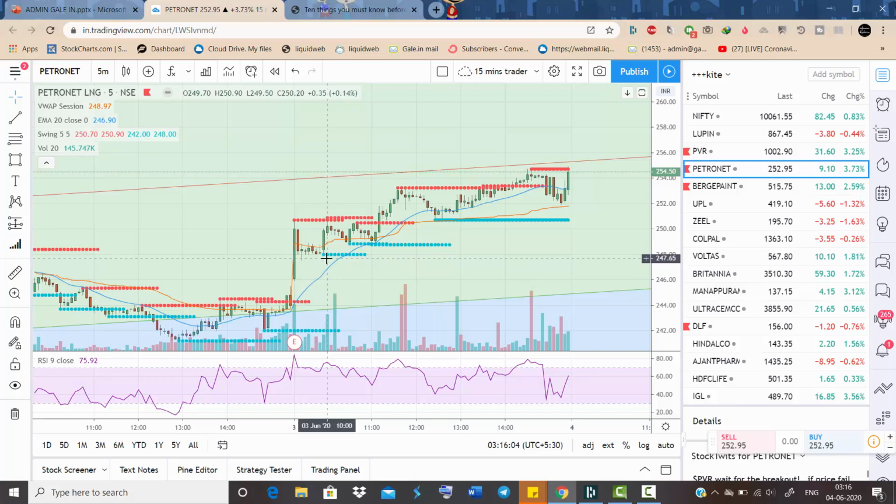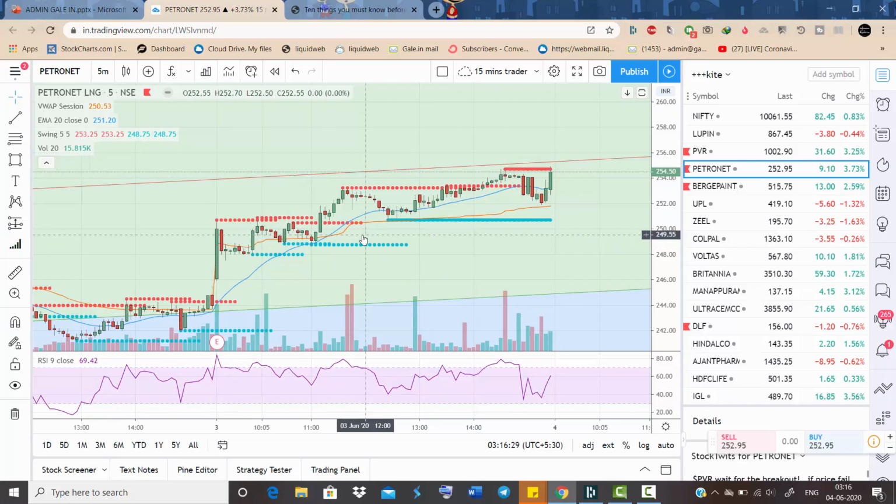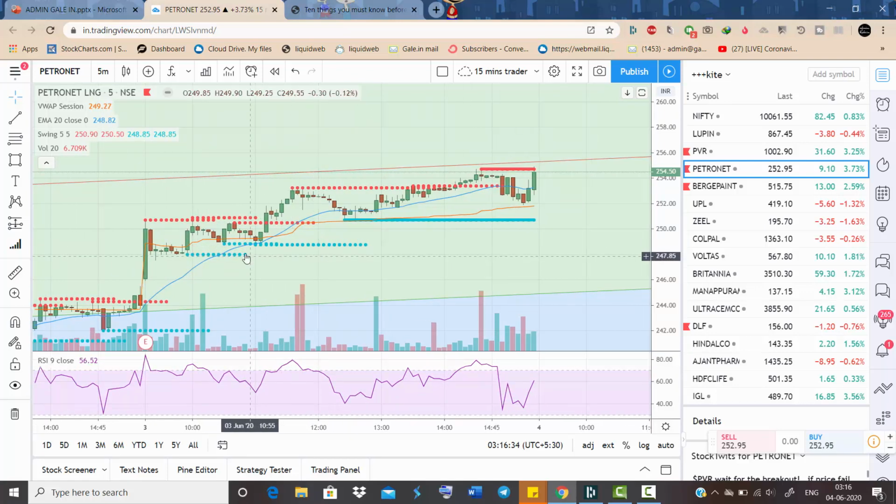So again a new ABC happens, A, B, C, you can see. You just need to wait for one more candle of good volumes. So this candle is a good entry point, second entry point, again 250. So the stop loss you can revise to 248.5, just about 0.5 below this. You can see the stop loss is almost hit, but keeping your stop loss below this 20 MA would have saved the trade over here.